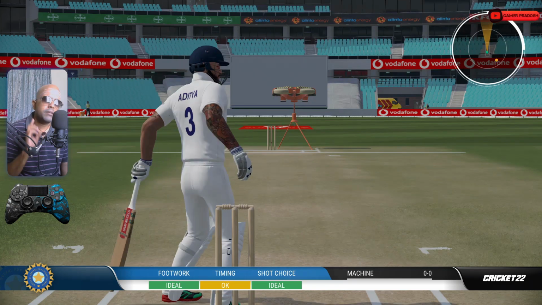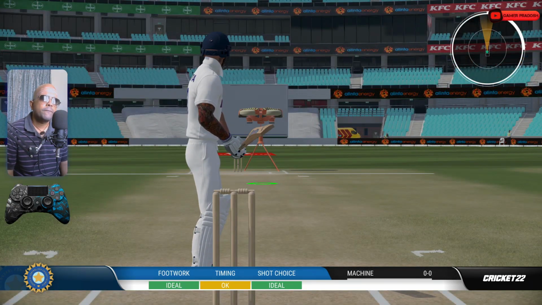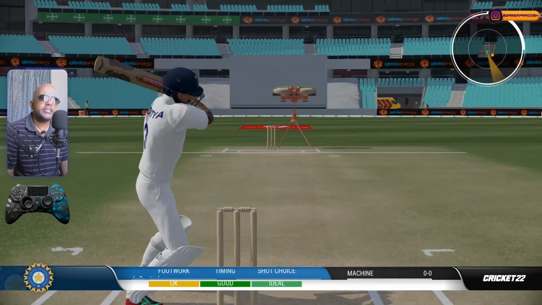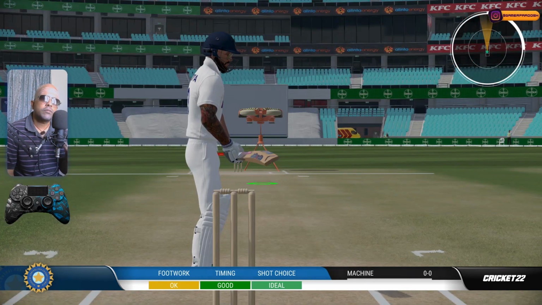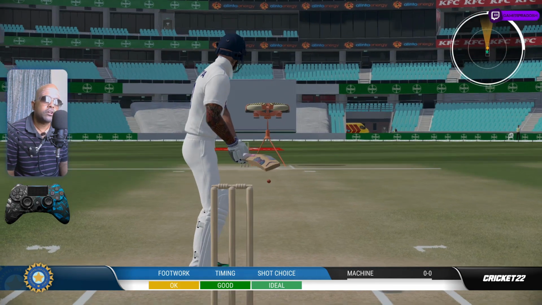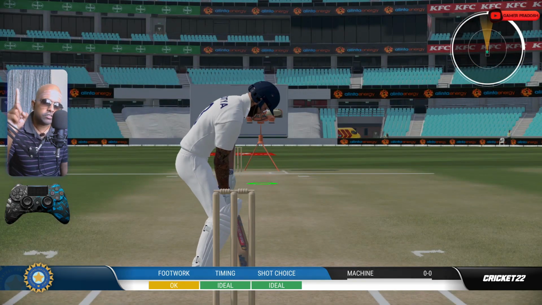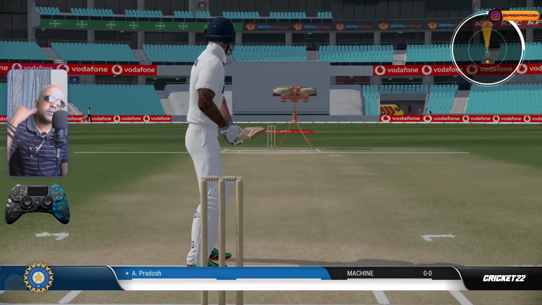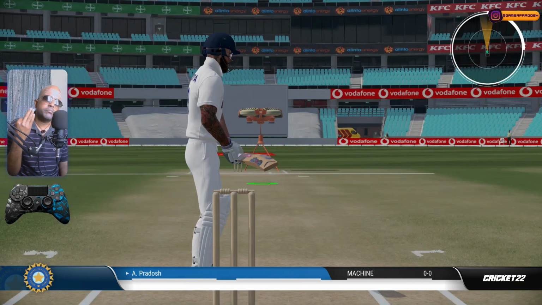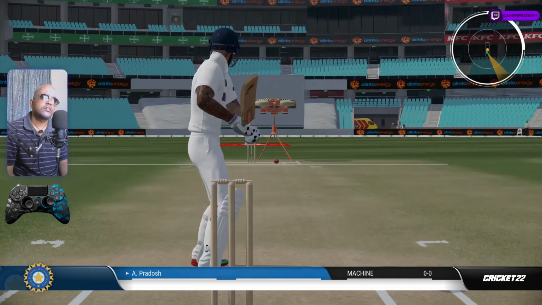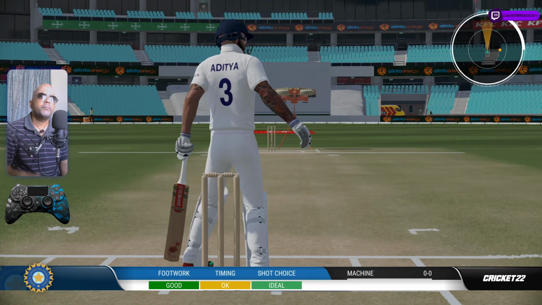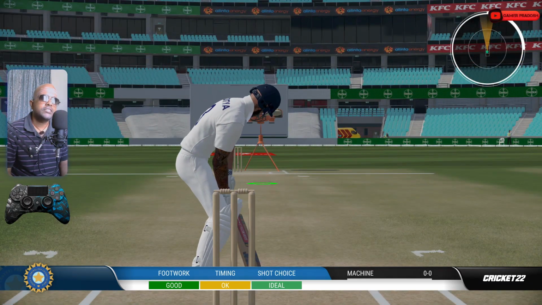So in this, you can play this jumping cut shot, but edging can happen if someone who can bounce it more comes into the crease. Okay, so consider all those things: the bowler who is going to come, what the pitch is doing, whether the pitch movement is too much. So remember to watch all those things and play the shots